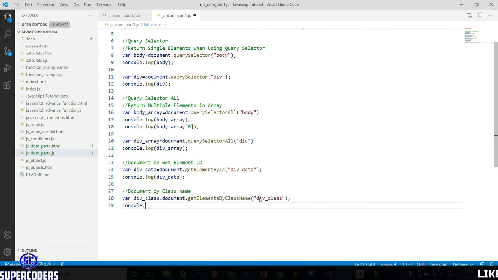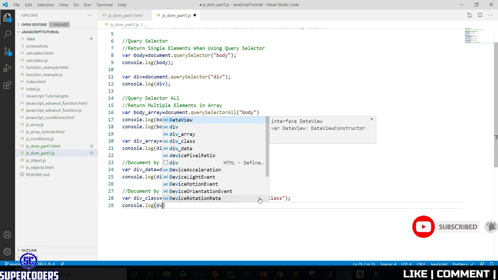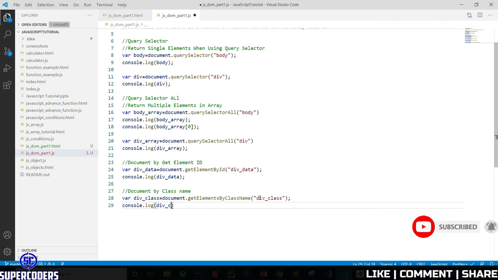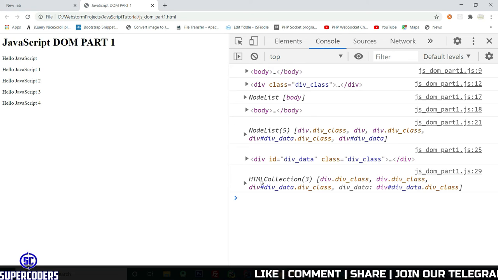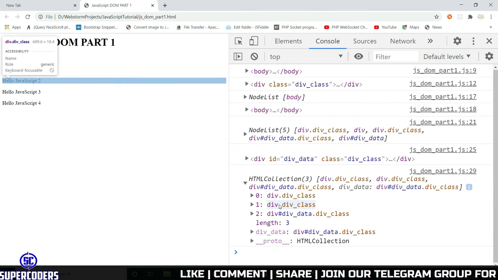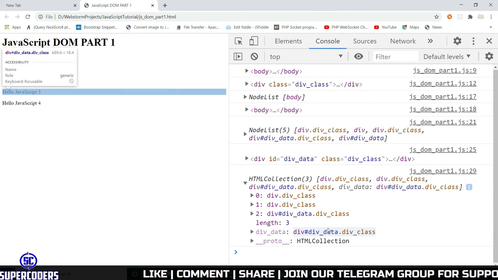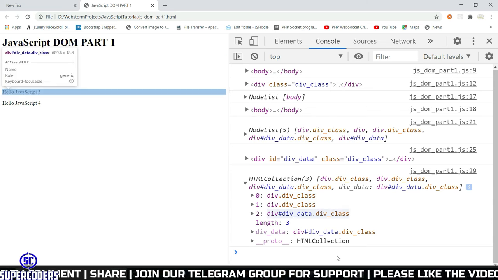Then print the value, console.log div class. Again refresh the page, and you can see first is div data, then second and third. Array format. So in this way you can access elements using class and it returns data in an array.